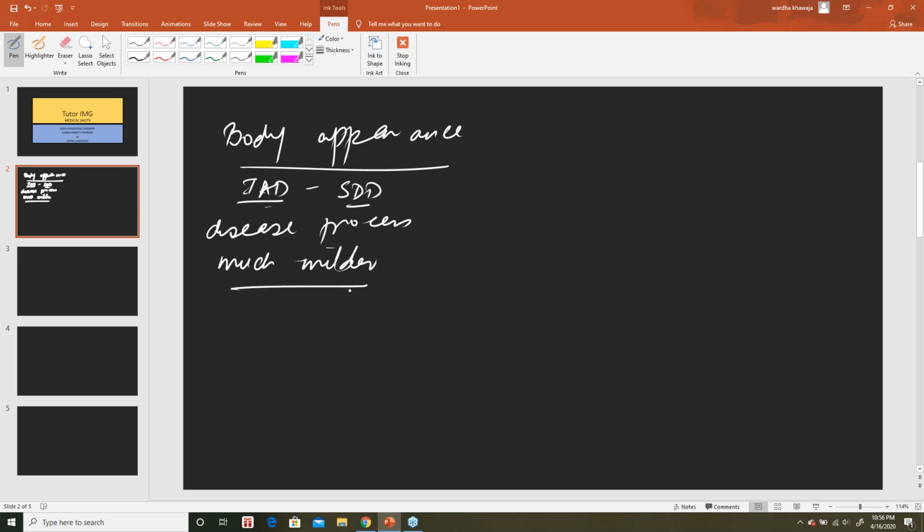So the condition that the patient feels they are laboring under is a much milder condition, and it might not even be present at all. The patient might just be obsessed with the idea of being sick,